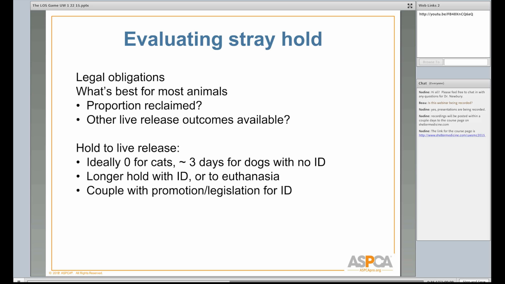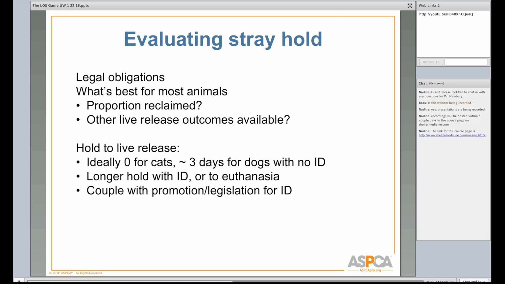The return to owner rate for cats is usually significantly lower. In Dane County, it's over 10%, which is great. We rarely see it over 10%. But even so, it's very, very low. And so the likelihood of a cat coming in straight to a shelter and getting back home is not increased by a dramatically increased stray holding period. In fact, the likelihood of the animals becoming ill in the shelter's care is dramatically increased.